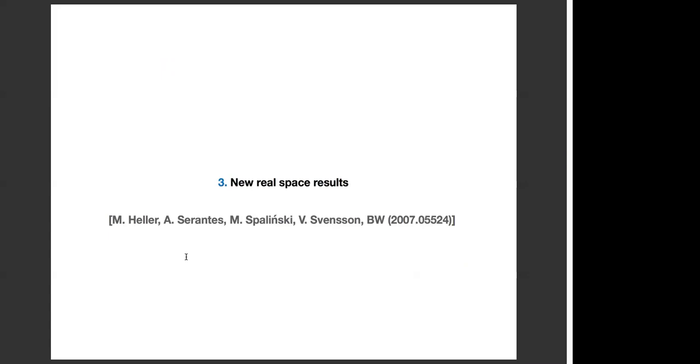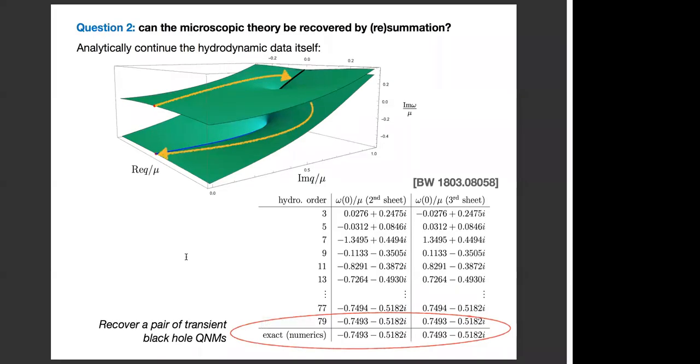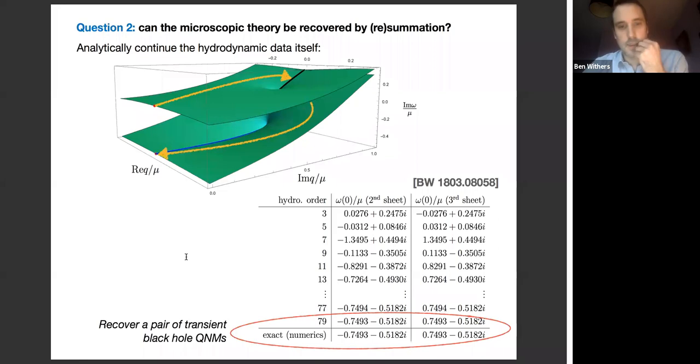Sorry, can you say again how precisely you do this analytic continuation? How precisely you do this? Yeah. Of course the details are in the paper. But the idea is we know that there's a square root of q minus i q star basically in the formula. So what you want to do is replace q minus i q star by z squared. That's the variable replacement that I do.